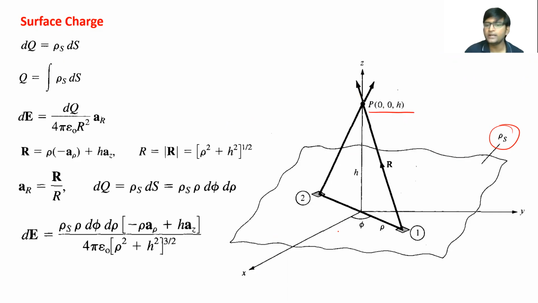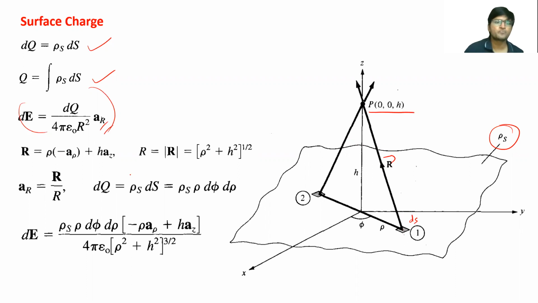And for calculating this, as we did in the line charge case where we took a small line element dl, in the case of surface charge we will take a small surface element ds, right? Similar to the previous case, dq will be rho s ds, q will be the integration of rho s ds, and to calculate the electric field you will have to take the integral of this, and you will also have to calculate r and a_r, which is the vector that connects this small ds element to the point at which we are calculating our electric field.